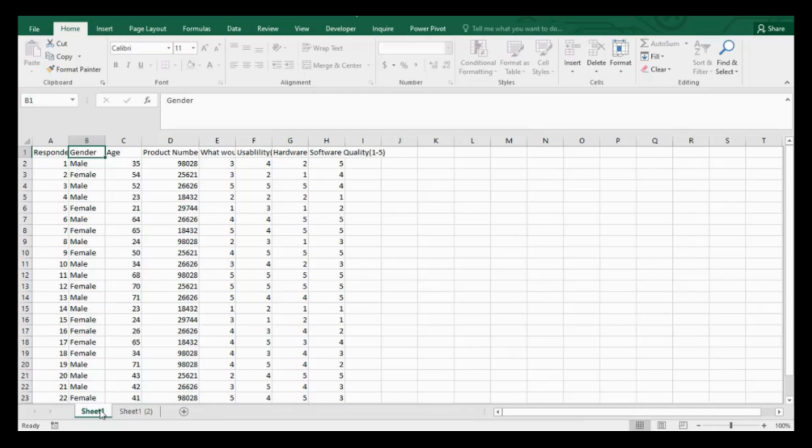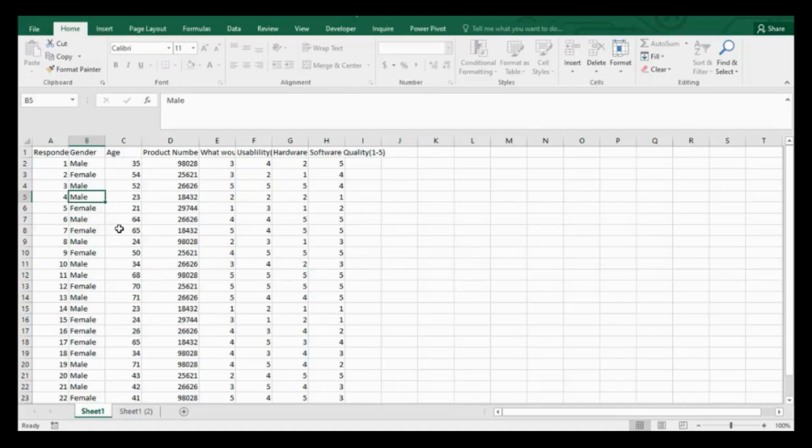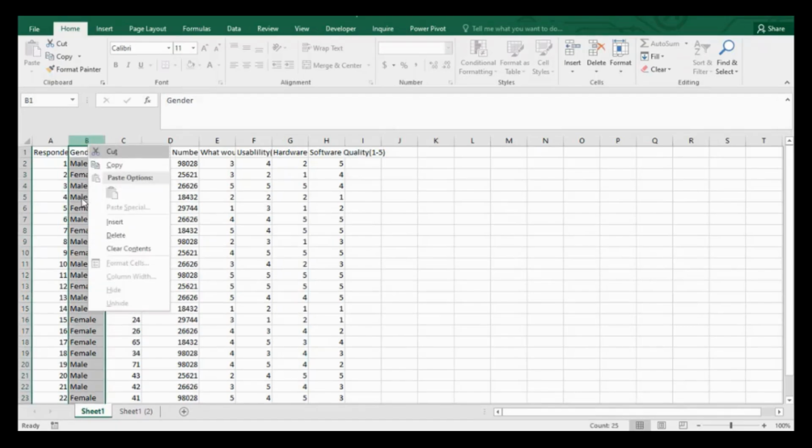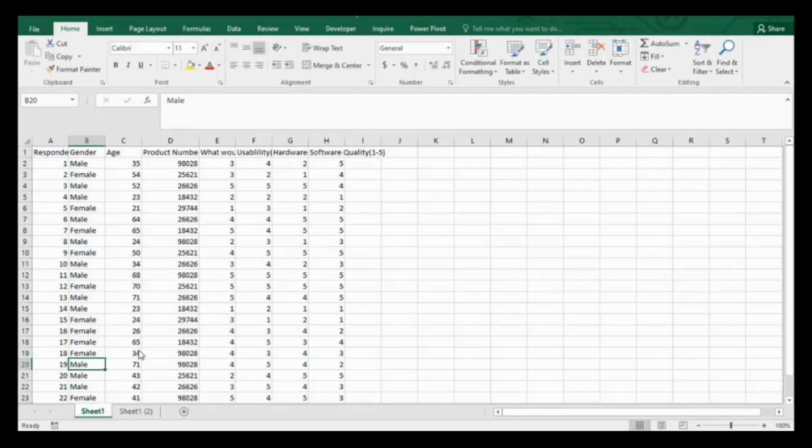If I want to unlock a sheet, see here, this sheet is protected, so I cannot change anything. I try to change something in that sheet, and it tells me the cell or chart you're trying to change is on a protected sheet, so I can't change anything. So for me to unprotect this sheet, all I will have to do is to make sure that I unprotect the sheet. And to unprotect the sheet, I come here, click on unprotect if I wanted to make changes, and I am the one that knows